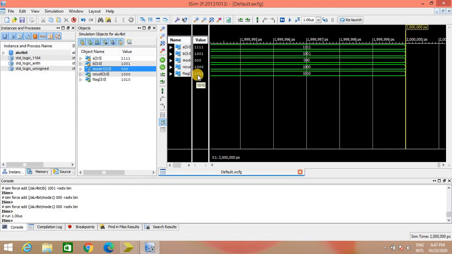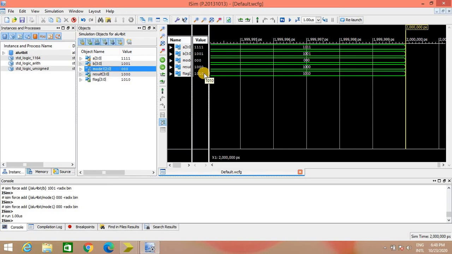Now concentrate on the 0 flag. The 0 flag is 0, it is reset. It indicates that the result is non-zero. So this is how we have successfully generated a result, and also reflected the status of the result with the help of the sign flag, 0 flag and carry flag.